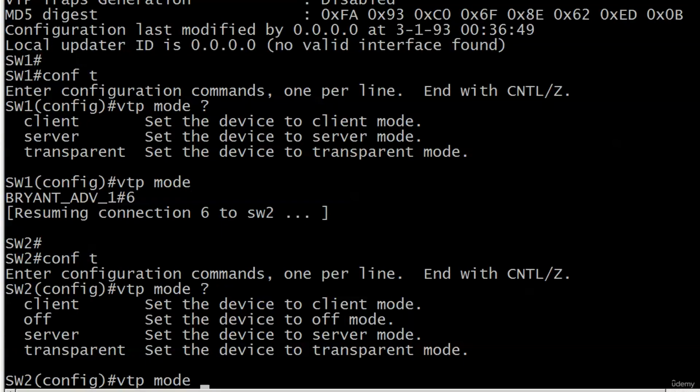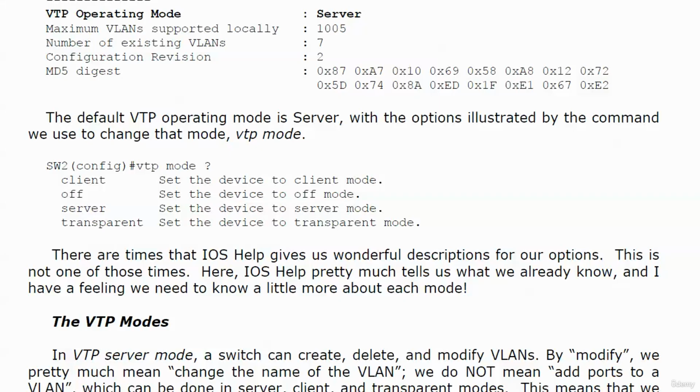But that's really it. You're not getting a description of any of the modes, so we're about to go through those in detail. But I do want to point out now, and we'll repeat in this video most likely, that off is only available with version 3. It's not available on switches that can run only versions 1 or 2. It's got to be a version 3 capable switch for you to do that. Now that we got all that out of the way, let's talk about what these modes actually do and frankly